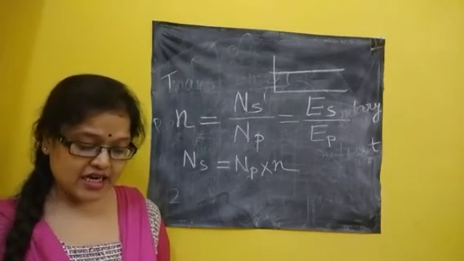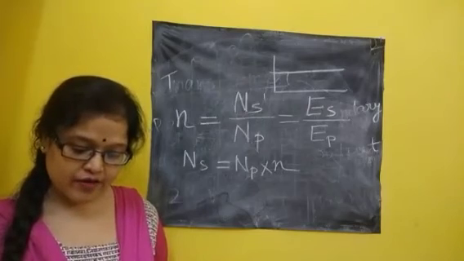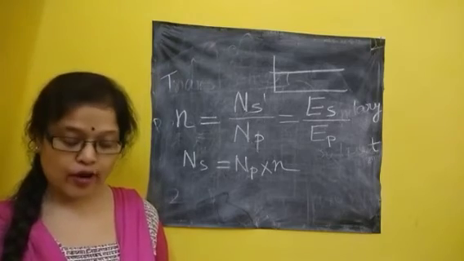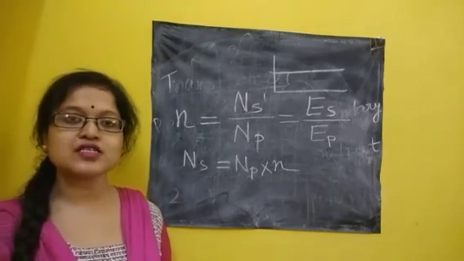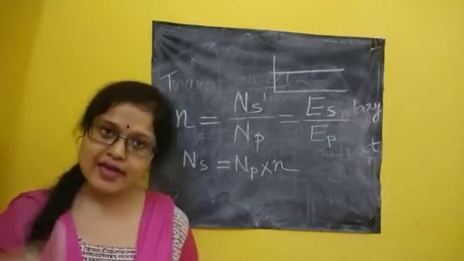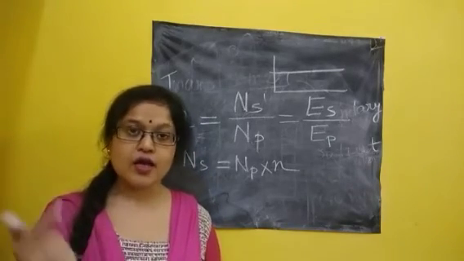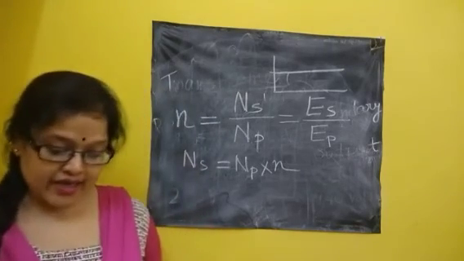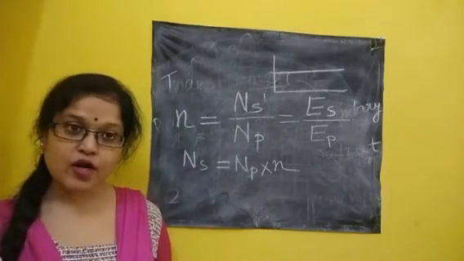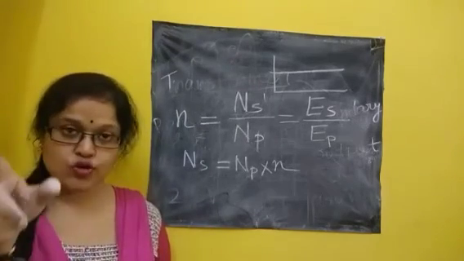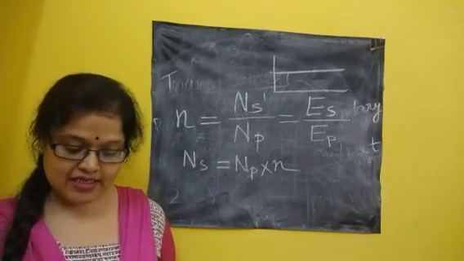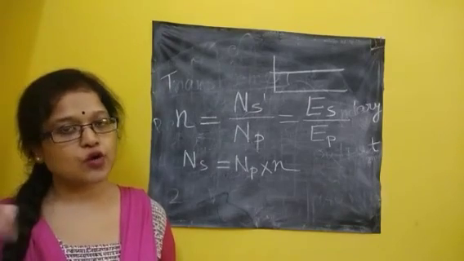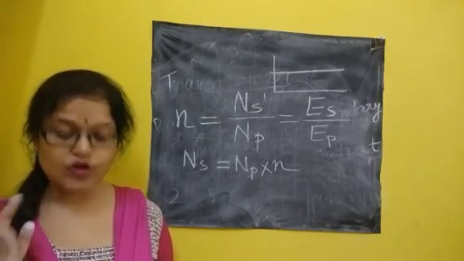In AC generator, the coil is rotated in the magnetic field. In DC motor, current from a DC source flows in the coil which is placed in the magnetic field. Obviously, in AC generator, we are getting electricity, so the coil will rotate. In DC motor, we are getting mechanical energy, so current should flow. AC generator makes use of two separate coaxial slip rings. We had shown you two coaxial slip rings, and DC motor makes use of two parts of split rings as commutator. We had done this in the DC generator, DC motor class.